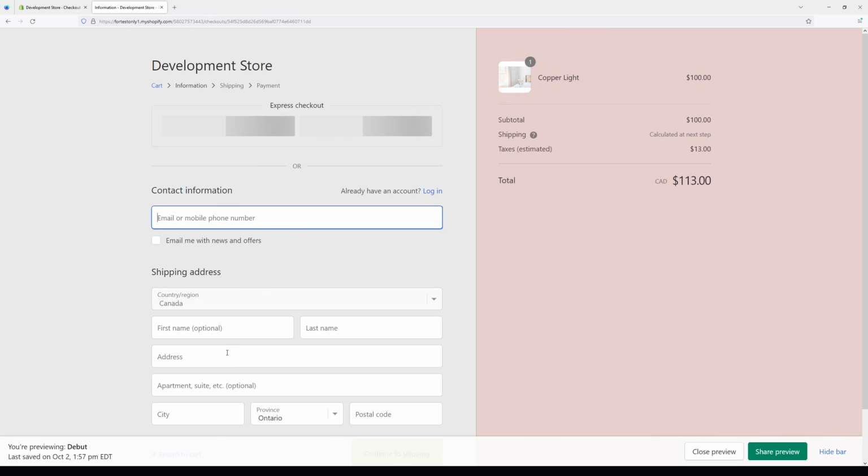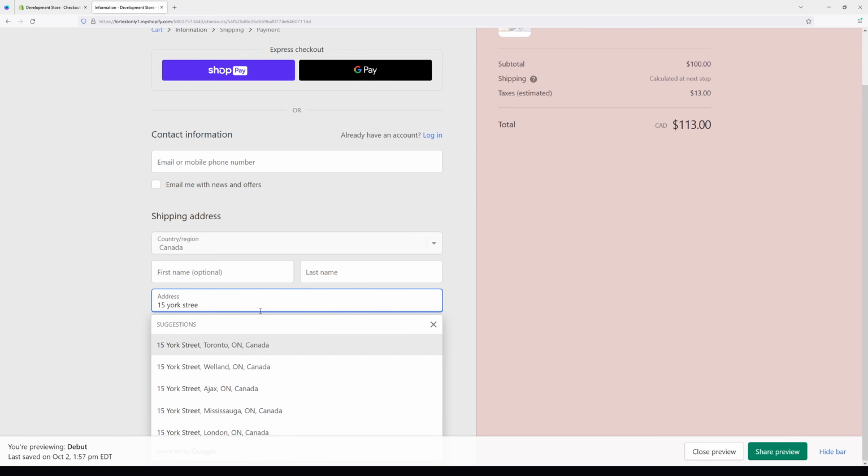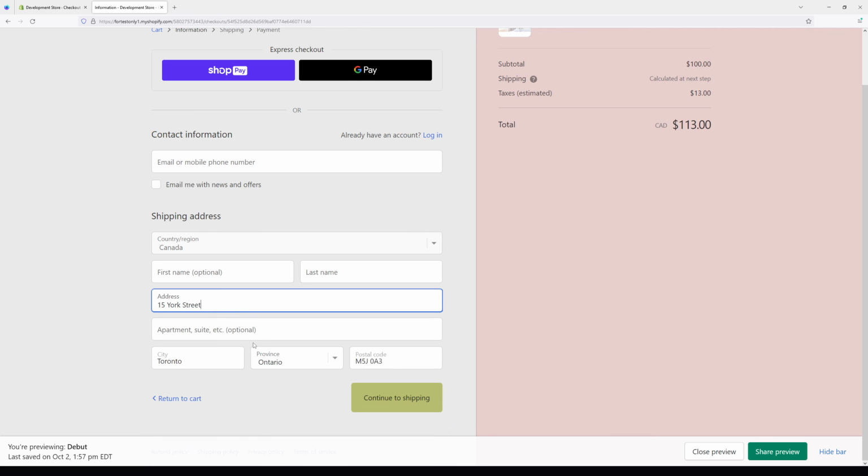Now, if a customer were to type in their address, and for example purposes, let's use this one, 15 York Street. As you can see, there are several suggestions, and I can select the one which is correct, and then that's pretty much it. This is how you enable address auto-completion in